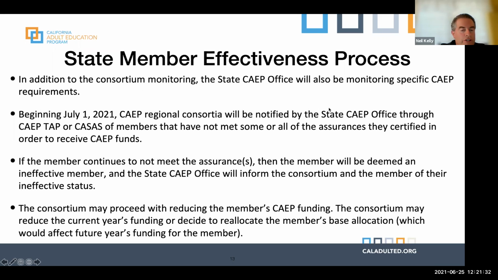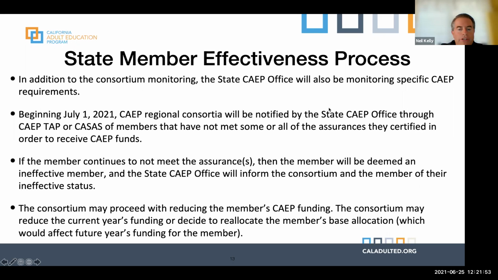If the consortia chooses, it may proceed with reducing the members' funding. So the state's not going to reduce your funding. It's going to be up to the consortia to reduce the funding. So the consortia may reduce the current year's funding or decide to reallocate the members' base allocation for the next year.